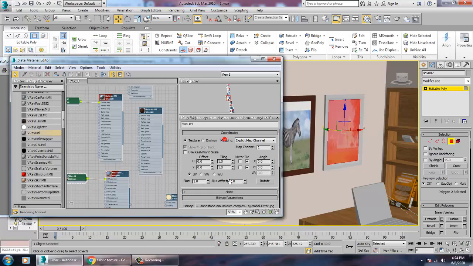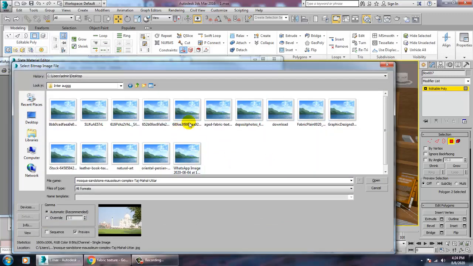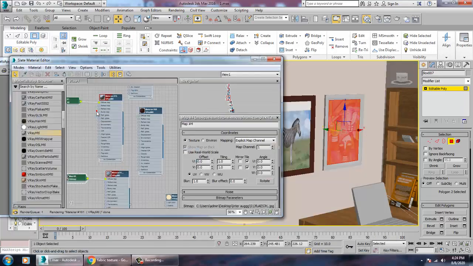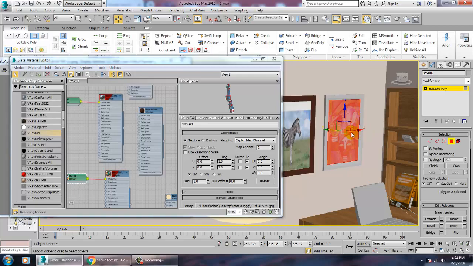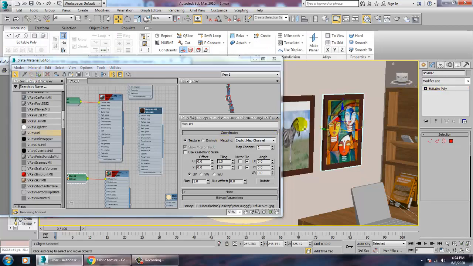And we'll assign some other texture into that. So we have downloaded a texture for the frame also. We'll be assigning this texture. Inverse it. Inverse this. And let's give this dark texture.